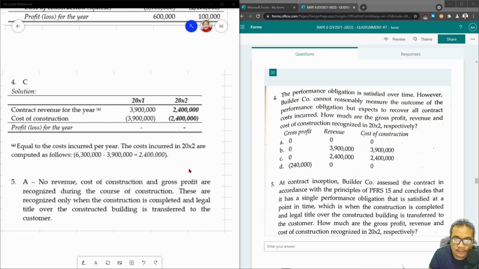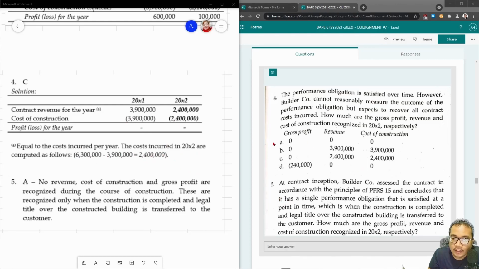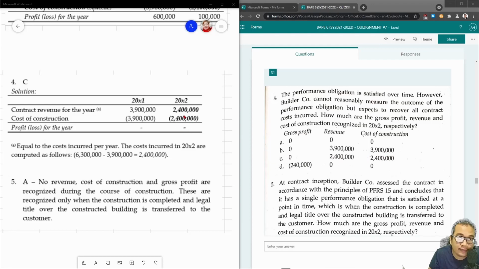So, in that case, the cost incurred doon, kasi cumulative siya, gaya na sabi natin. So, in that case, wala tayong gross profit. So, same, ang revenue natin, 2.4. Cost of construction natin is 2.4. Quits lang yan sila. Cost recovery approach yan eh. Zero profit method. Ulitin lang natin, revenue is recognized as to the amount of cost that is expected to be recovered. So, revenue mo 2.4. Kasi nga, ang cost mo to be recovered lang is 2.4 for 20X2, zero profit.